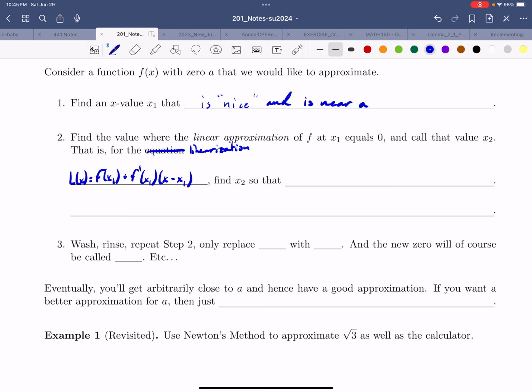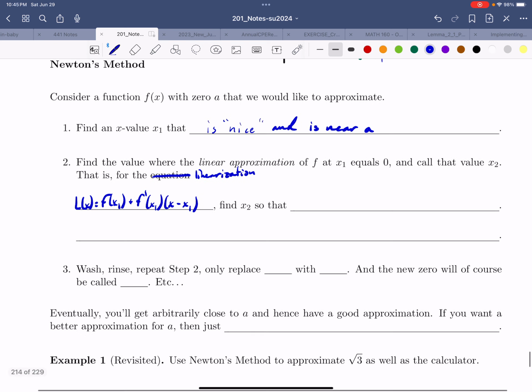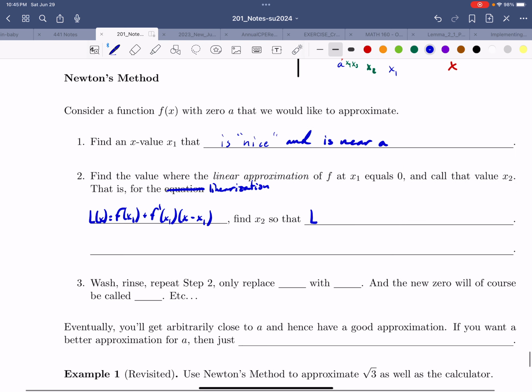Notice that that's just the linearization of f at x1. We find x2 such that L of x2, which of course equals f of x1 plus f prime of x1 times x2 minus x1, equals